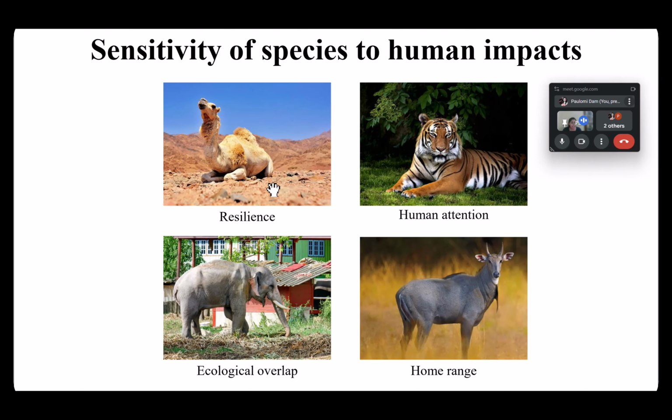Then ecological overlap and home range. Home range is basically the extent where the animal moves, and when they are moving, if in the vicinity they encounter human habitation, there is of course human wildlife conflict and this impacts the animal's survival. Similarly, if you have ecological overlap, if you have some plantations and those plantations are being fed upon by animals, there is ecological overlap, these animals come to feed on the plantation and that leads to human wildlife conflict, and this also impacts these animals at a similar level. So how sensitive the response of species is to human impact depends on these very factors.